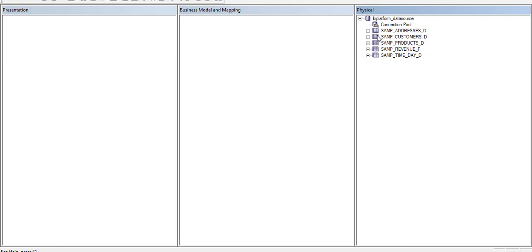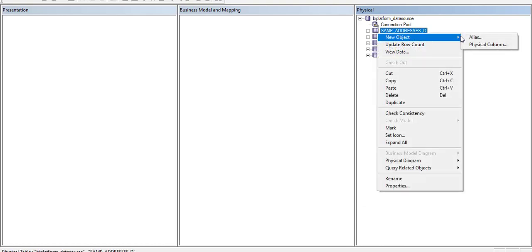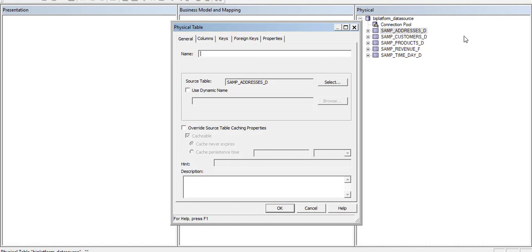So now we are creating an alias. We can create an alias by right click, new object, alias. You can assign any alias name for your own ease.